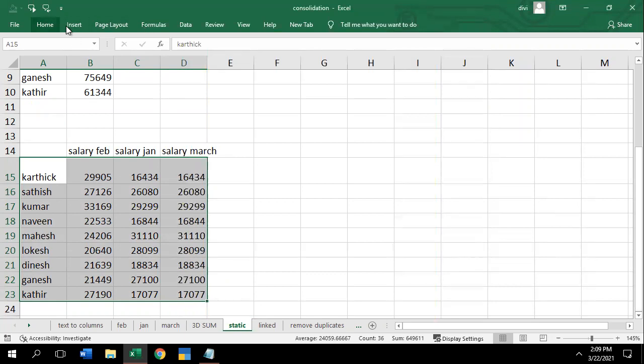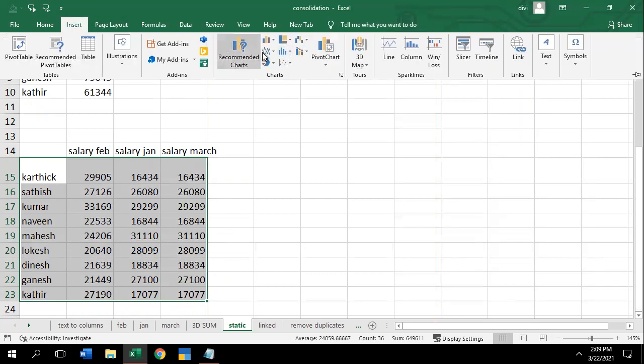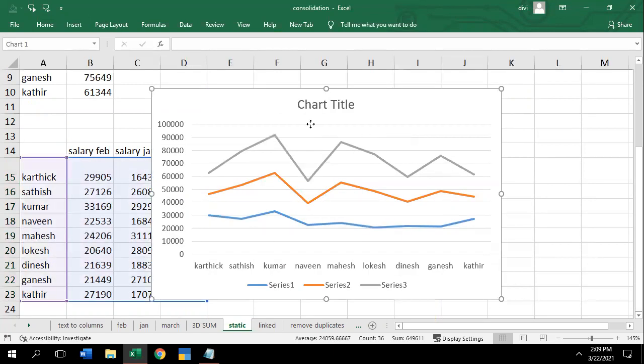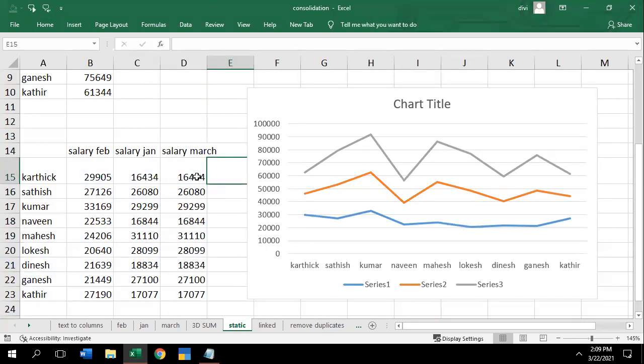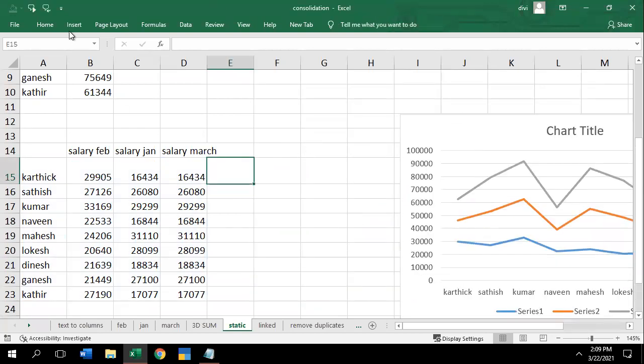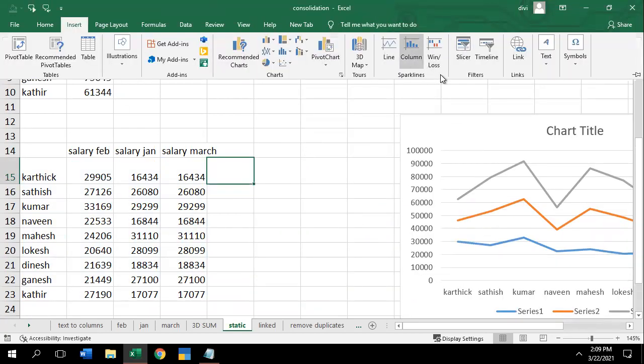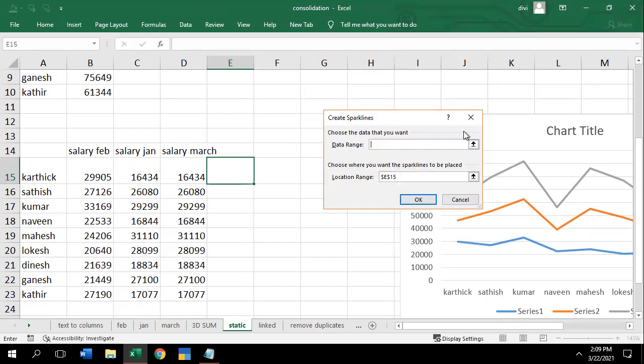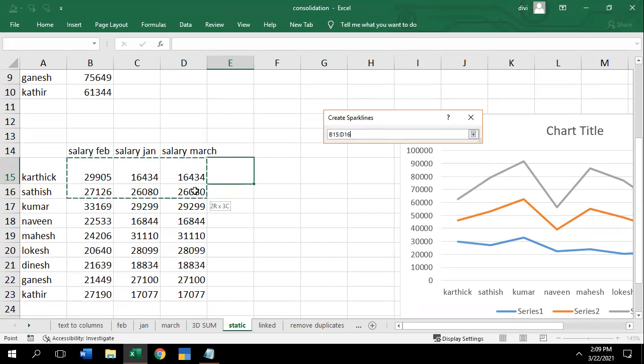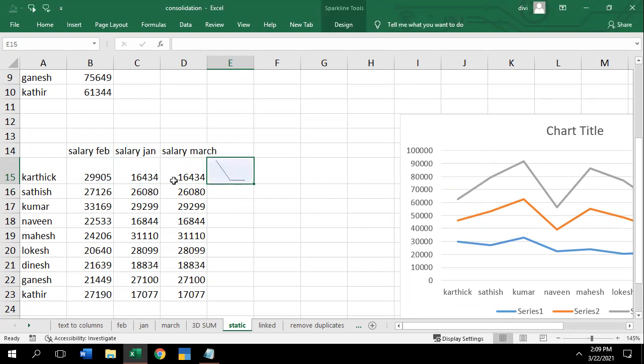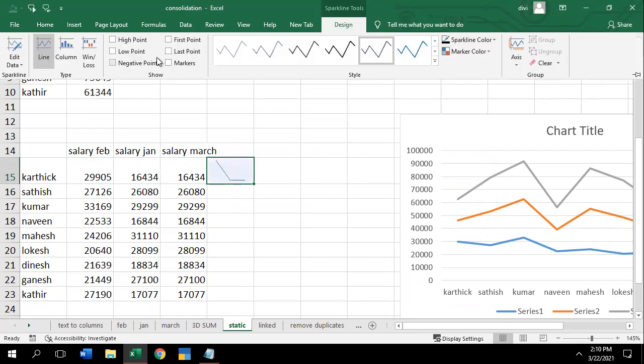But see here, if I click on any chart, a line chart or any chart, I get it floating off my sheet. So I should not get it like this. I should get the chart in a single cell. Then you can go to Insert under sparklines. A single cell chart is called a sparkline. Select the line chart, select the source of data, that is Kartik's data, and click on OK. Okay. So once you have selected, the data will be displayed. And if you want to highlight it, you can use the markers. Just how to activate the markers, I explained in the last class, you can go with it.